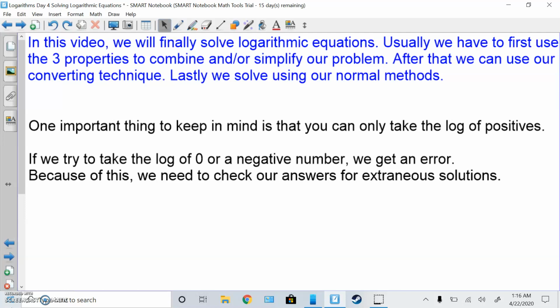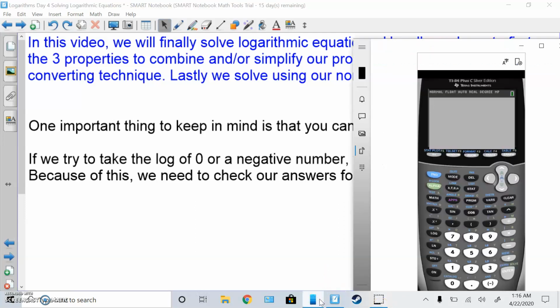One important thing to keep in mind is that you can only take the log of positive things. If you try to take the log of 0 or a negative number, we get an error. So let me show you in the calculator fast. If I log any positive number, any base, for example, log base 10 because it's easy, of 6, I get